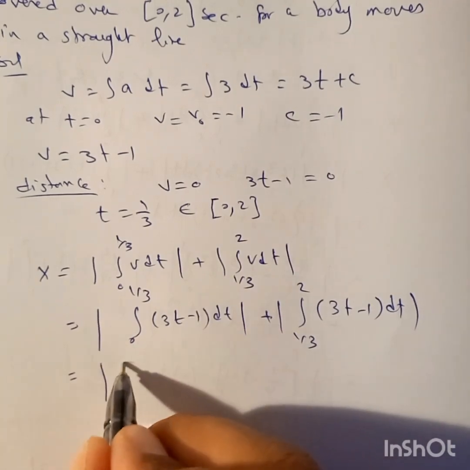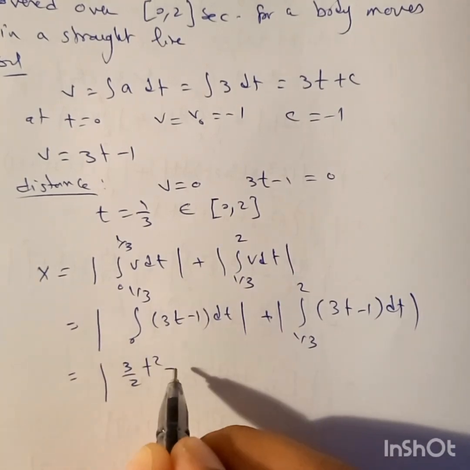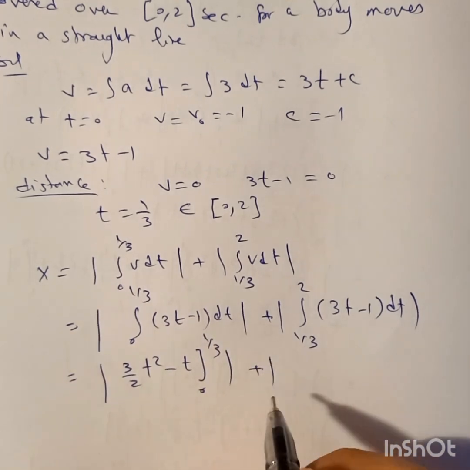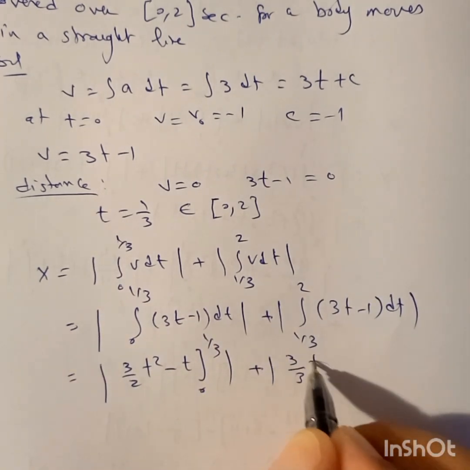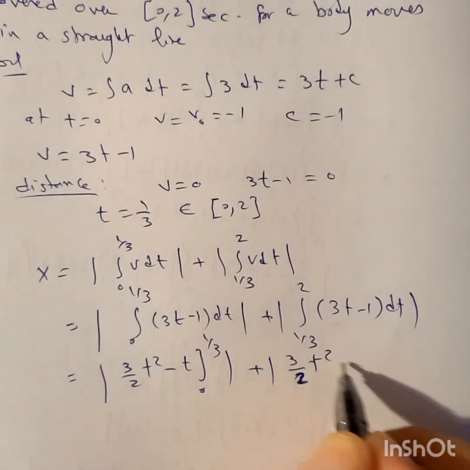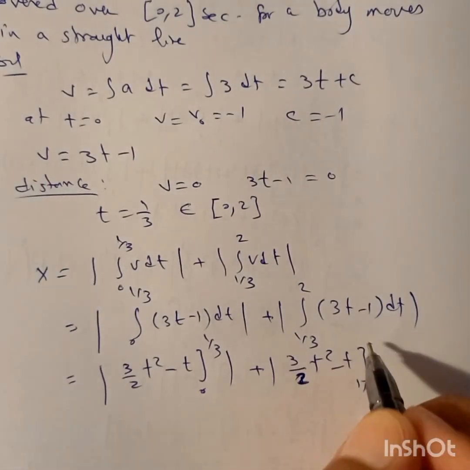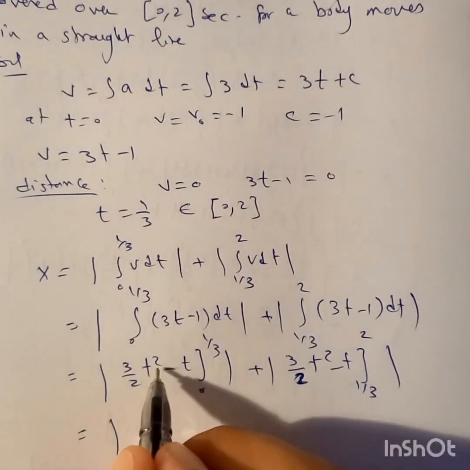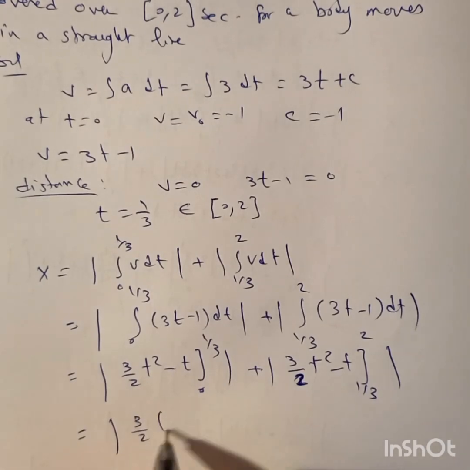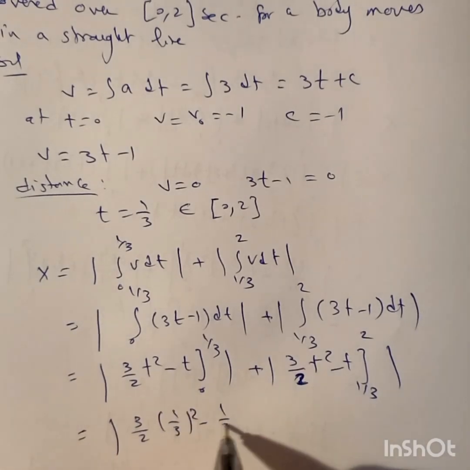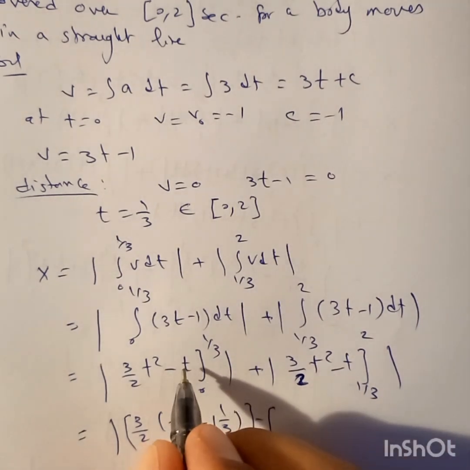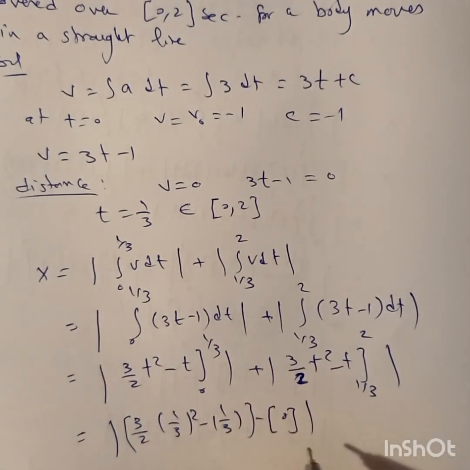Then we have here 3 over 2 t square minus t, okay, from 0 to 1 over 3, and we also have the same 3 over 2 t square minus t from 1 over 3 to 2, and this is modulus. Okay, then by substitution here by t equals 1 over 3, 3 over 2, 1 over 3 square minus 1 over 3. This first one minus, when we substitute by t equals 0, we have here 0, this first modulus,